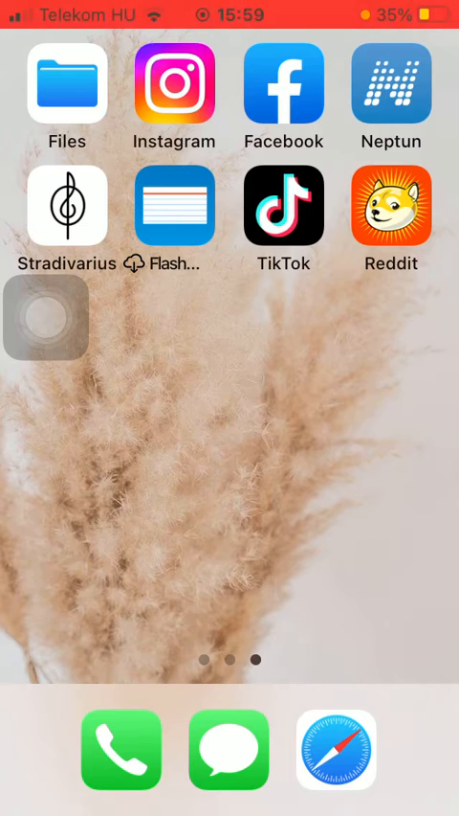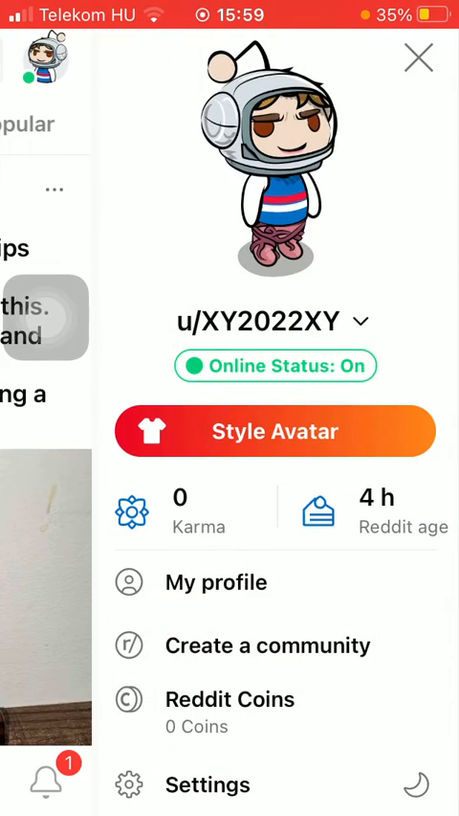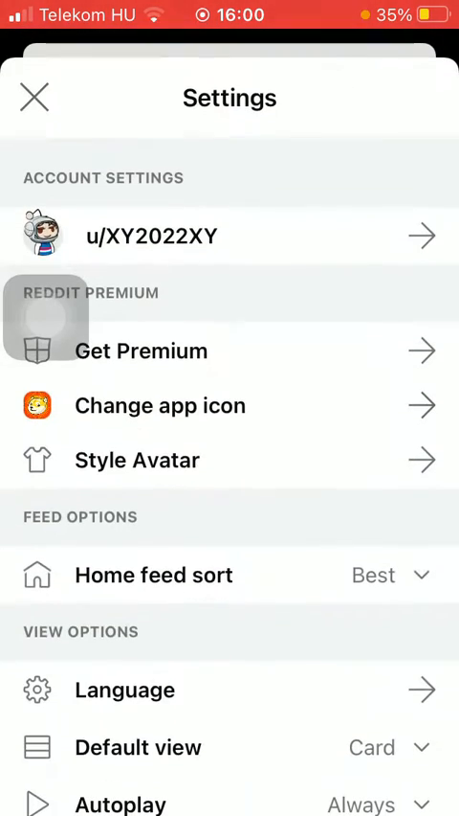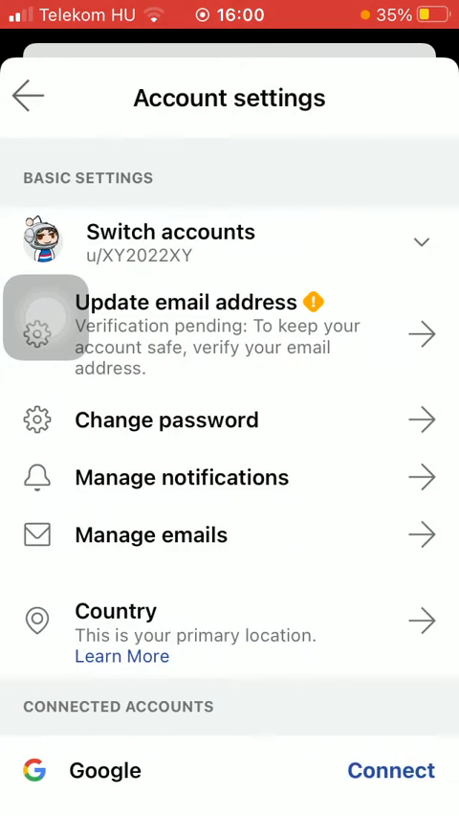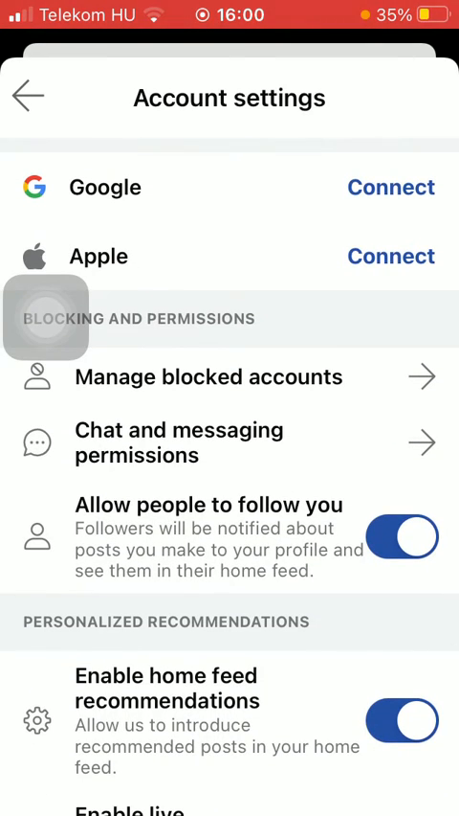First of all, open the app on your phone, then tap on your avatar icon that you can find in the upper right corner of the screen. Click on settings, which is the last option down below. Then tap on your username in the account settings section. Then scroll down till you find the blocking and permissions section and tap on the first one saying manage blocked